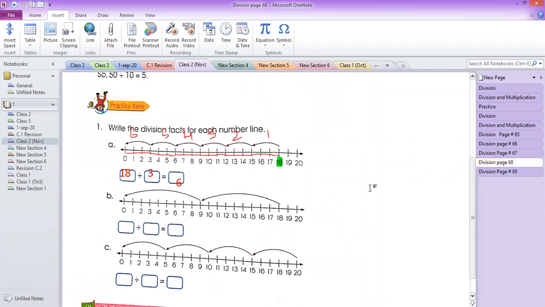Now we have to divide. We have to write the division sentence here. So guys, you will help me. What is the dividend here? Okay. In B, what is the dividend? Can you tell me, guys, what is the dividend here? 18, 18,